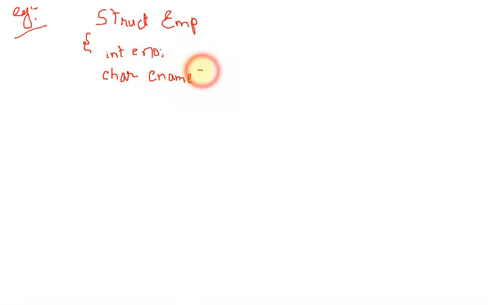Okay, ename, here we can store the name of our employee. Next, there is a requirement to store the salary of our employee. For salary, we are taking the float data type, so we can place the decimal value here. That's why we are taking the float data type. So here I am declaring a variable with the name e salary. Using this you can create a simple structure for your program.